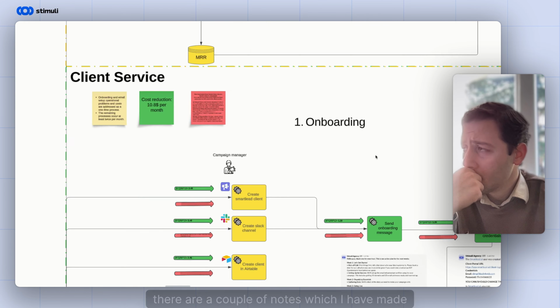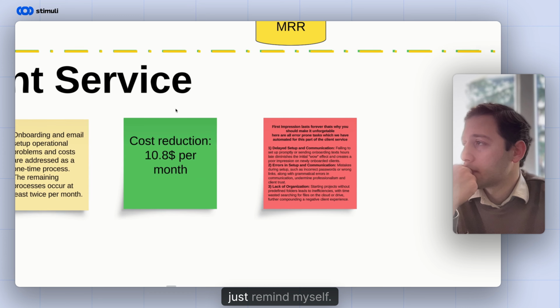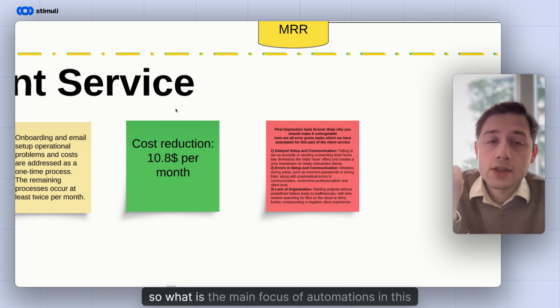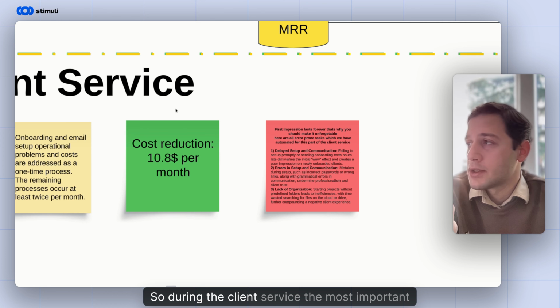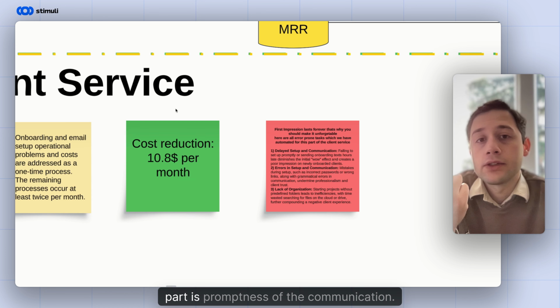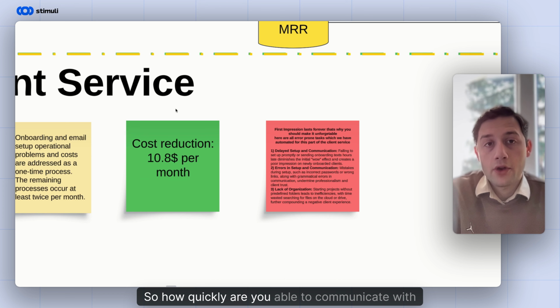There are a couple of notes which I have made about the client service, which I wanted to just remind myself. So what is the main focus of automations in this case? During the client service, the most important part is promptness of the communication. So how quickly are you able to communicate with your client about the updates